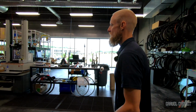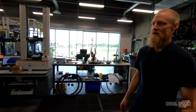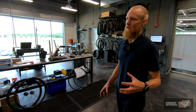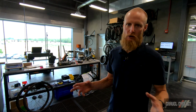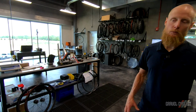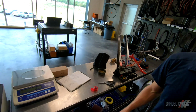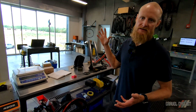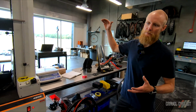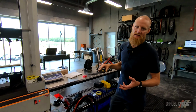There's not a lot of tests going on at the exact moment, but in order for a wheel to be qualified for production or to go into production to be sold, a single wheel or single rim has to go through all the different tests. And so we test starting with a spoke fatigue or wheel build fatigue test, where we basically take a wheel and we lace it up and we take it up to way above the tensions that are prescribed, and we do it in a very extreme manner. So it's all the way up well beyond 50% to 100% beyond the recommended tension that the wheel should ever